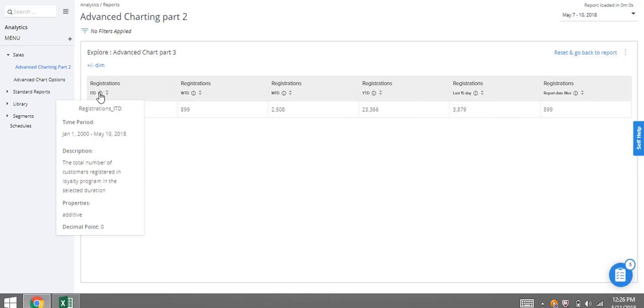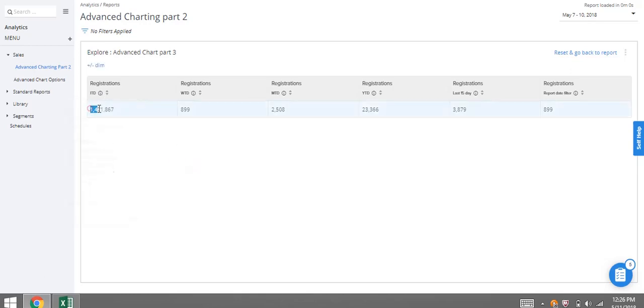So it honors only reporting end date, as I already have told before. So this is the total number of registrations happened till date. This is the total number of registrations happened in week, in month, in year, in last 15 days.